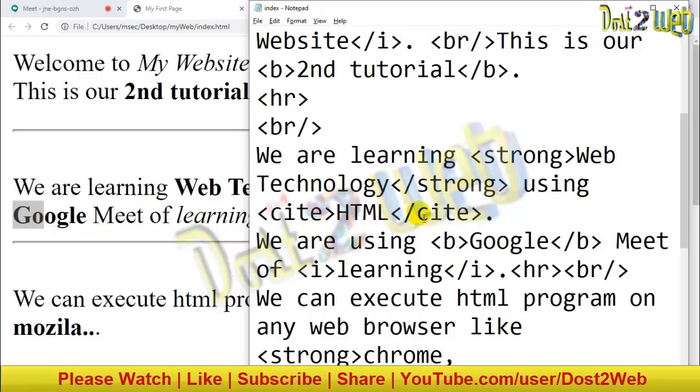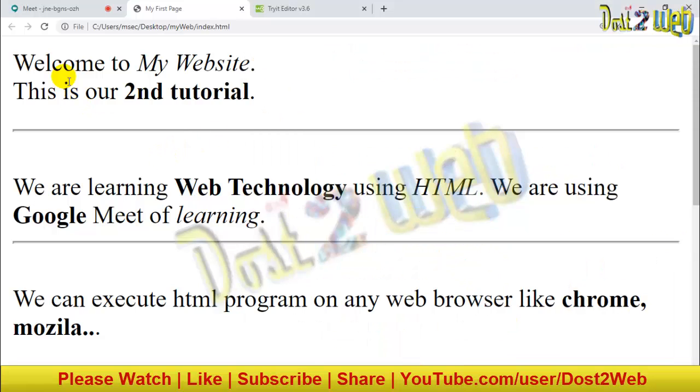Just save it and reload this page. You can see there is no difference, right? It's coming the same. So it is similar to your italic tag. Generally we use this cite tag when you define any creative works.